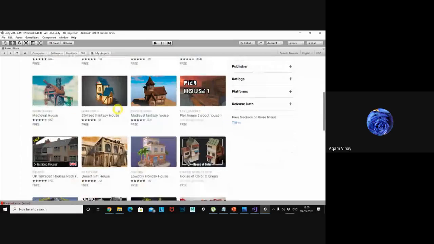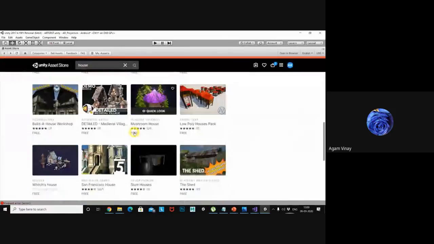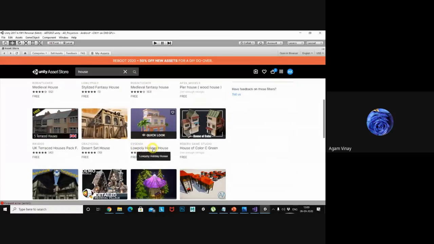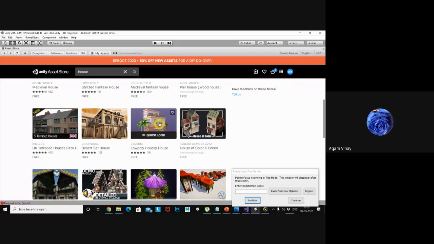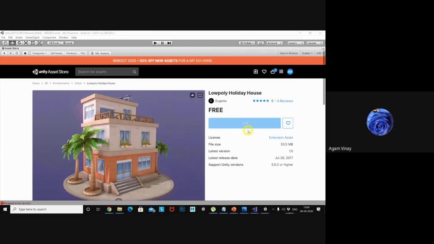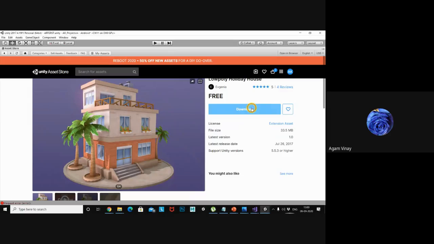So how can you import into your project, okay? Let's say I am very much interested in the low poly holiday house, okay? So I want to use this in my project. Just select this one, download it.